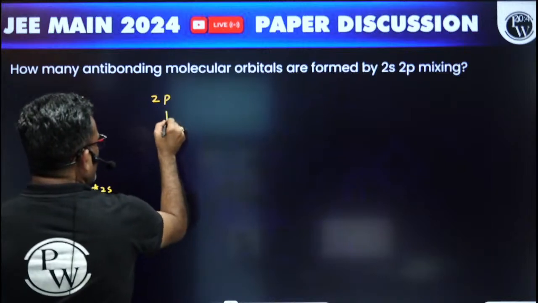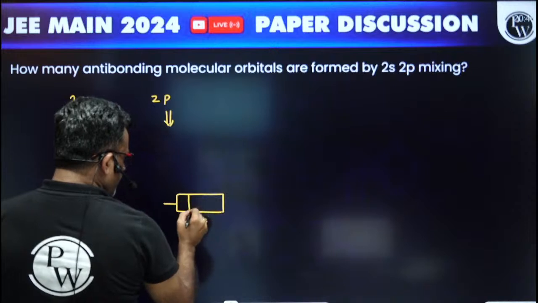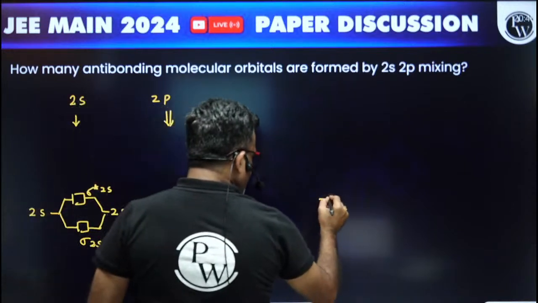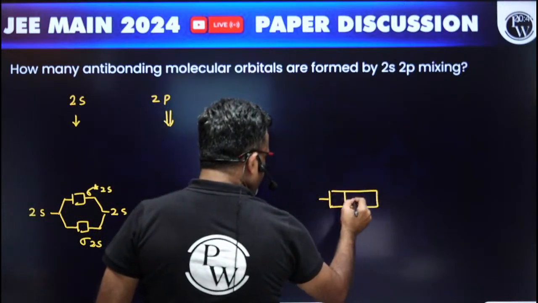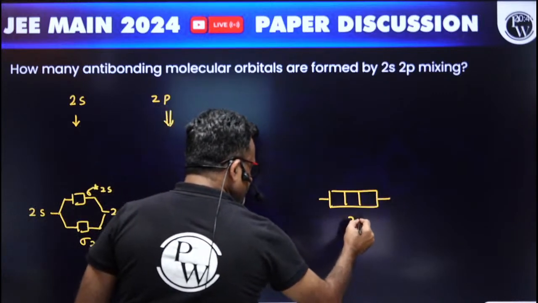What about the 2p orbitals? If 2p orbitals undergo linear combination with 2p orbitals,